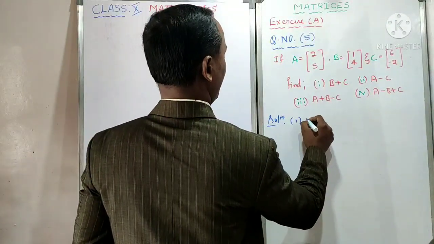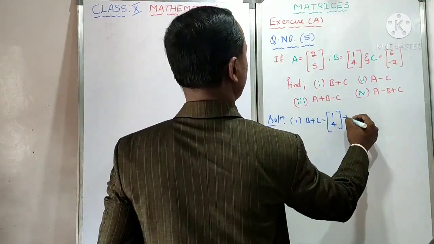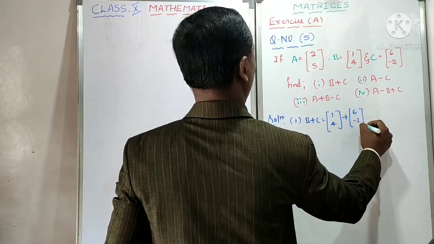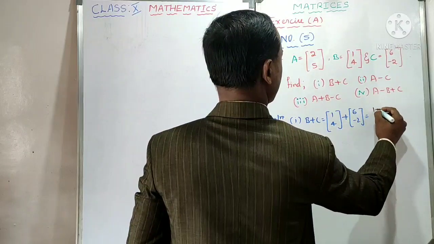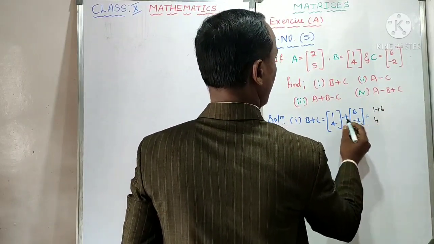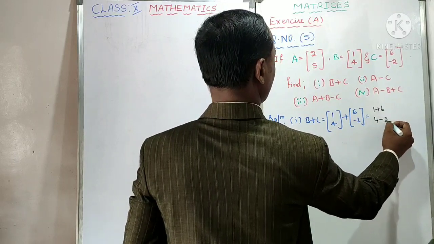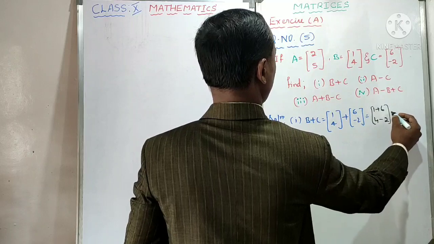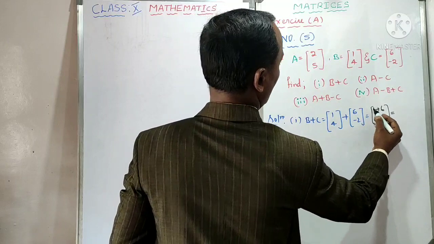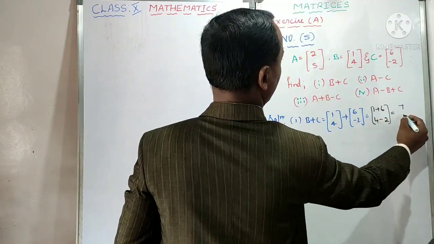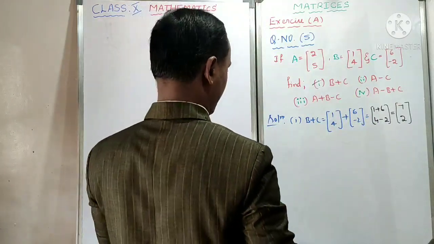First one. What is it? B plus C is equal to matrix B: 1, 4, plus matrix C: 6, minus 2. Shall I do it directly? Yes. Do you know how to do that? 1 plus 6. 4 plus into minus, minus 2. I am doing it in one direct step. You are already matured students, you will understand because I am writing directly. 4 I wrote as it is. Plus into minus, minus 2. 1 plus 6 became 7. 4 minus 2 became plus 2. We got the answer of B plus C. Similarly, second one.